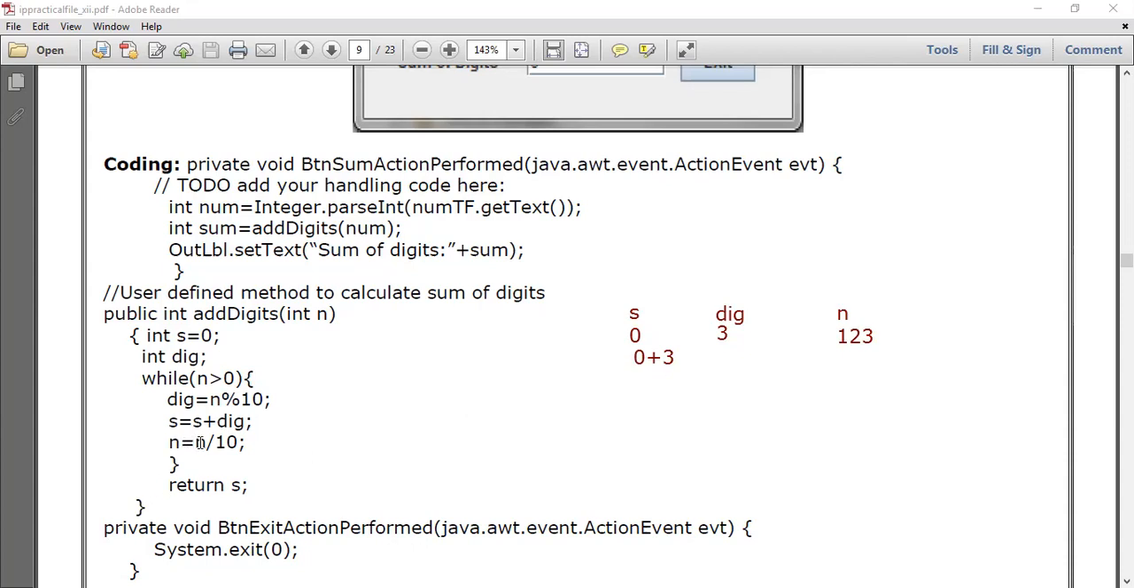Now next line is n is equal to n over 10, so n 123, if you divide it by 10, what is the answer, 12.3, so पॉइंट हम छोड़ देंगे बिकॉज ये इंटीजर वैल्यूज हैं, तो n की वैल्यू हो गई अब 12. नाउ यहाँ पे ब्लॉक खत्म होता है, अगेन विल गो टू कंडीशन n ग्रेटर देन 0, 12 ग्रेटर देन 0